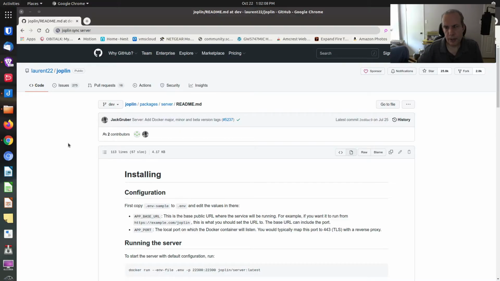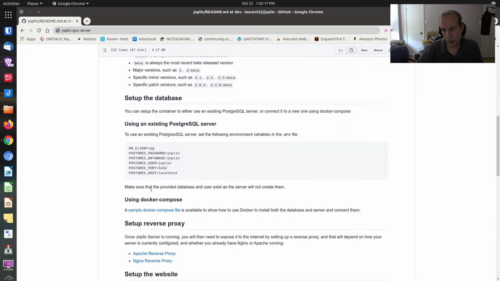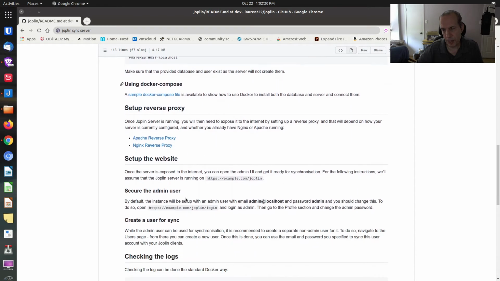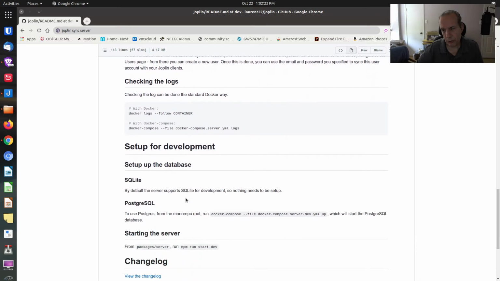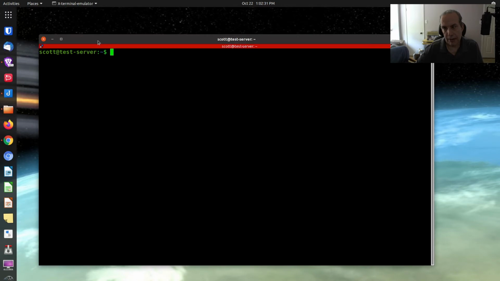So Joplin Sync Server has a GitHub project, and the GitHub project has some documentation on how to install the server. I ran around in circles for quite a bit trying to figure out how exactly this works, and that's the beauty of this video. I've done all that in advance. So we have a server here. It's a dedicated server instance in my particular case, and the first thing that we want to do is we want to go off and install